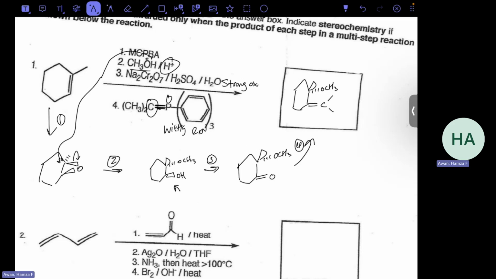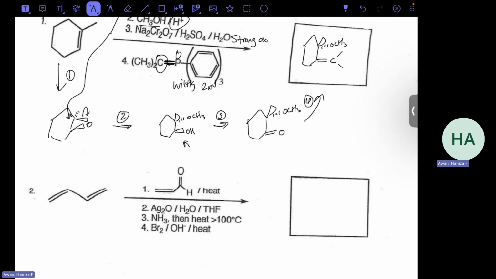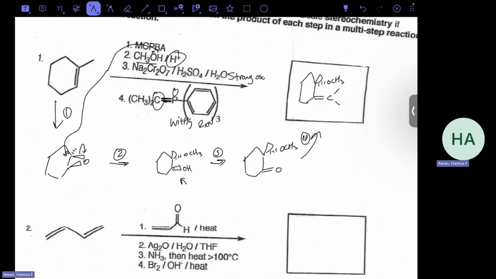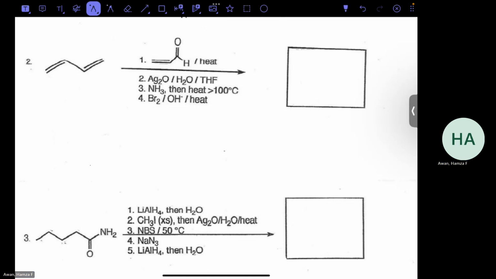Anything you guys have? I think it's pretty simple, right? So this is mainly OChem 1 stuff, right? There's a little bit of ease in some of these questions. So the second question,